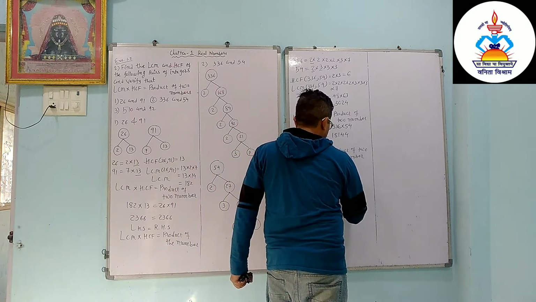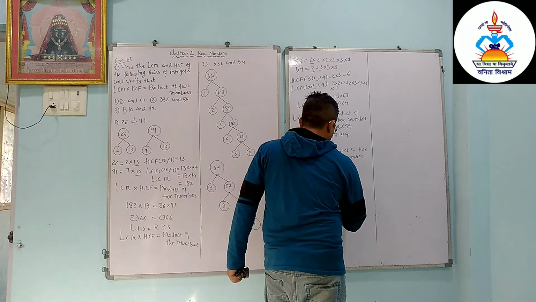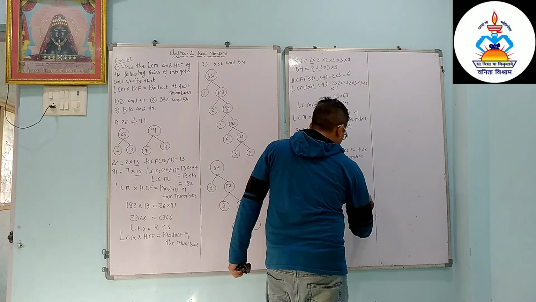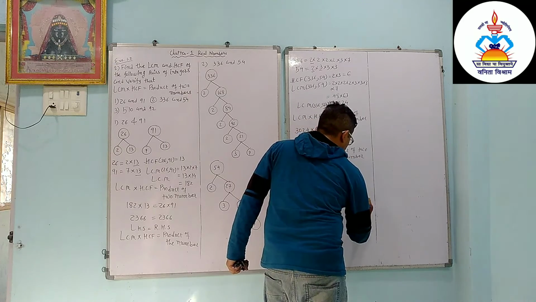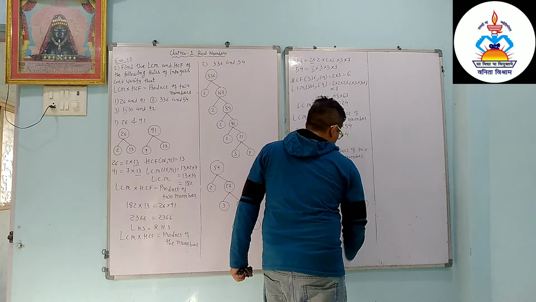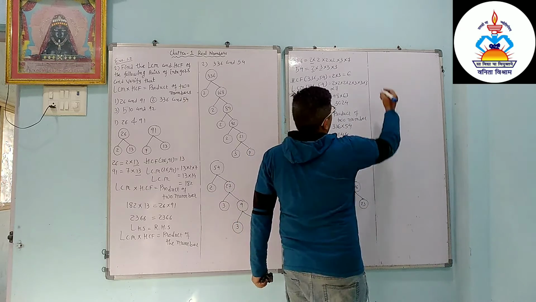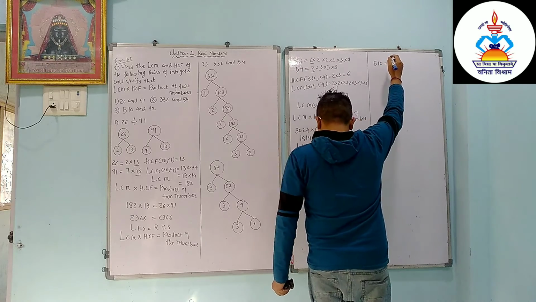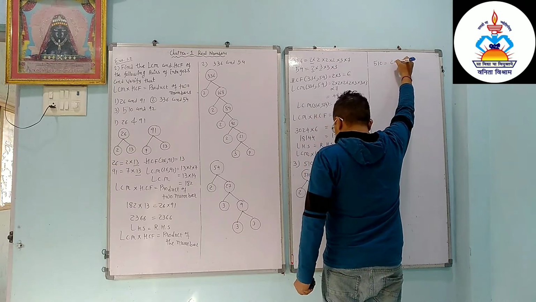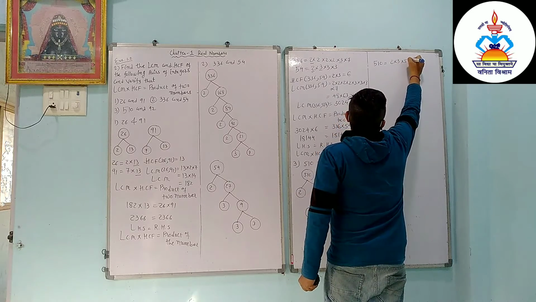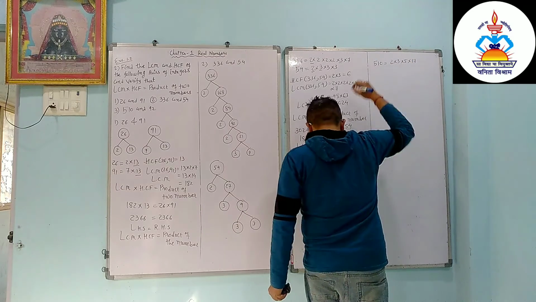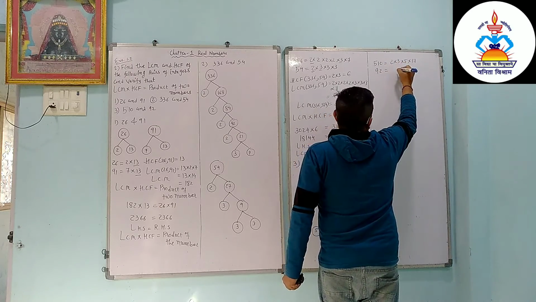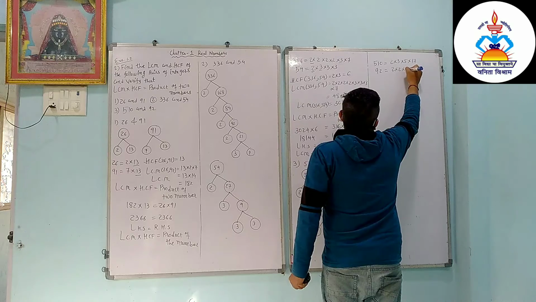92 has two factors, that is 46 2s are. Other we have, that is 23 2s are, and 23 has no factor. So we can write here 510 factors are 2 into 3 into 5 into 17, and we have the factors of 92 equals 2 into 2 into 23.